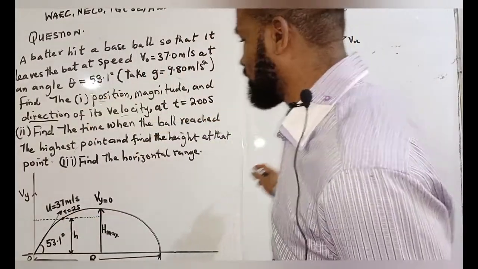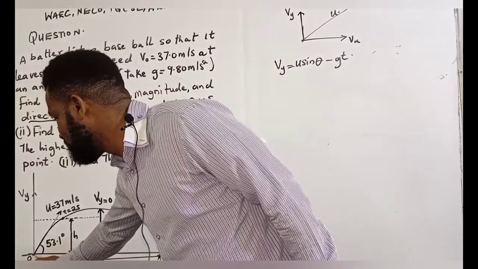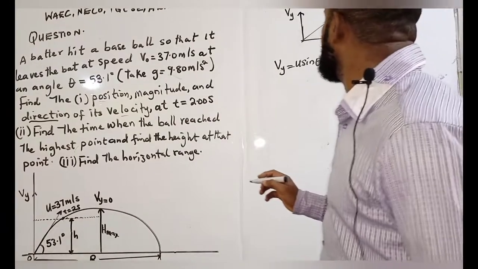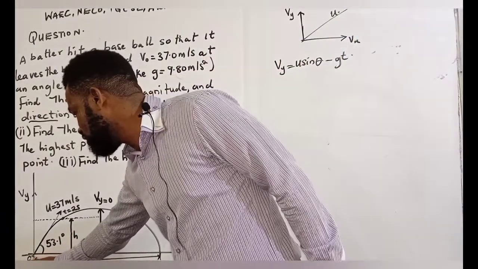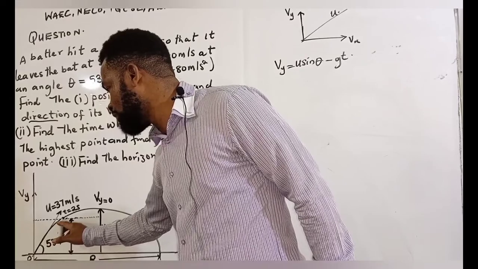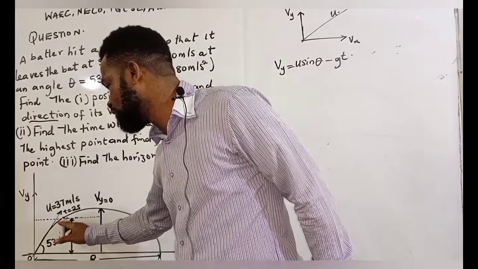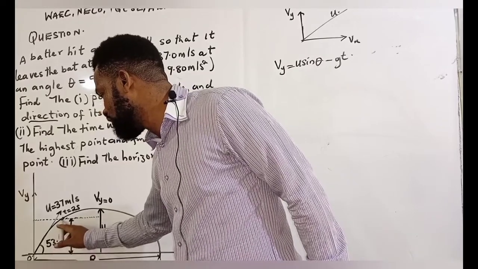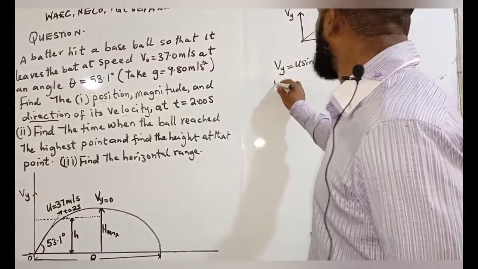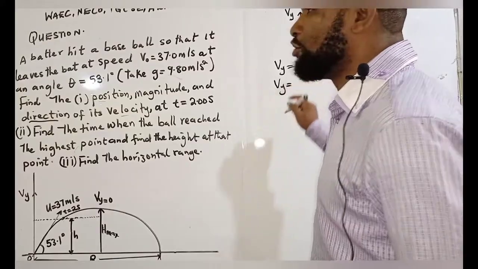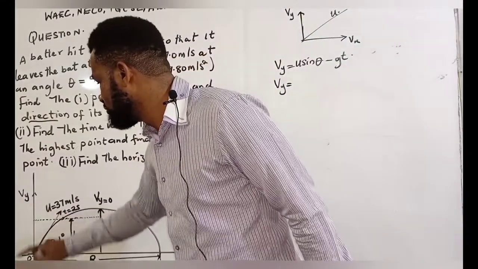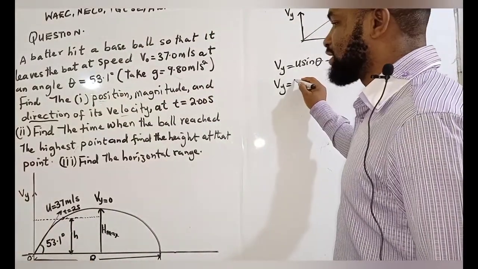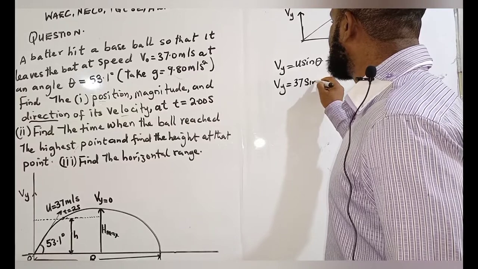This is the initial speed and this is the final speed. Because for anything you are solving, you start from a particular starting point to the point you're looking at. So I'm looking for V after 2 seconds. Vy is equal to u sine of the initial angle, which is 37 sine